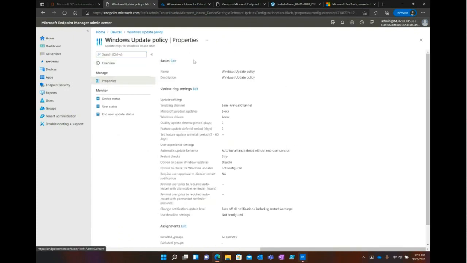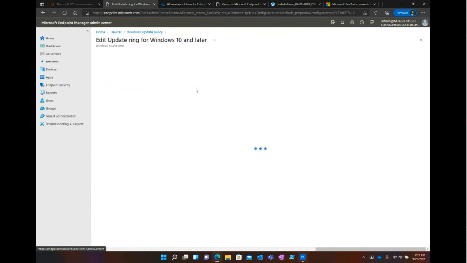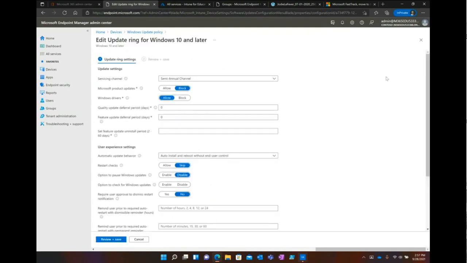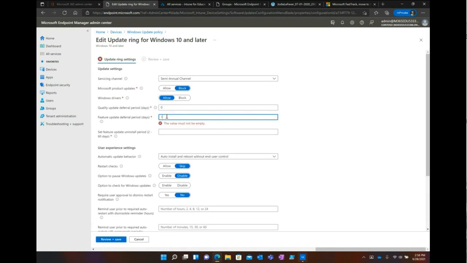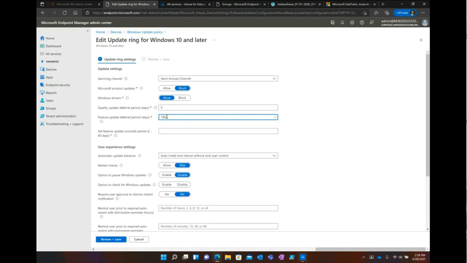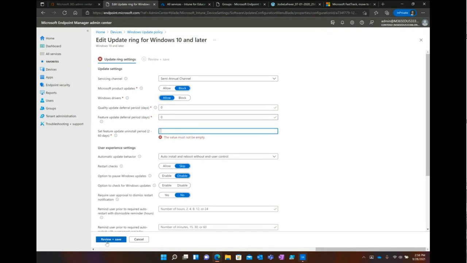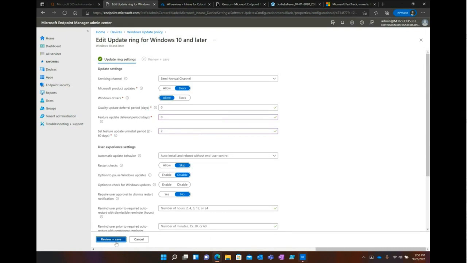And if we go into the ring settings, here's where you defer the feature updates. So you can go out 365 days, which is the furthest you can push these out. So let's say you have this in place. Now it's Christmas, and if you drop that to 180 because it's been more than that many days since the update's been out, as soon as you drop this down to that, or if you were to drop it to 0 and hit save, then that would actually push out the upgrade, no matter where the devices are.